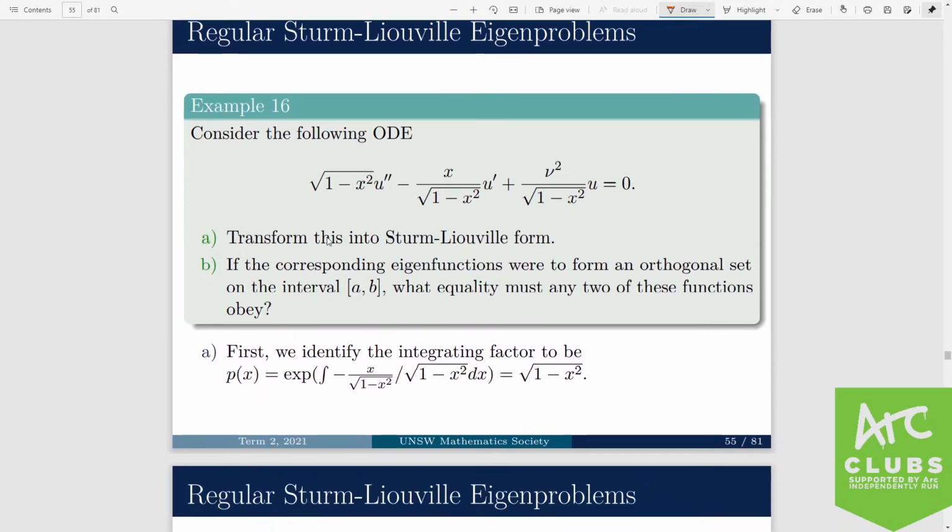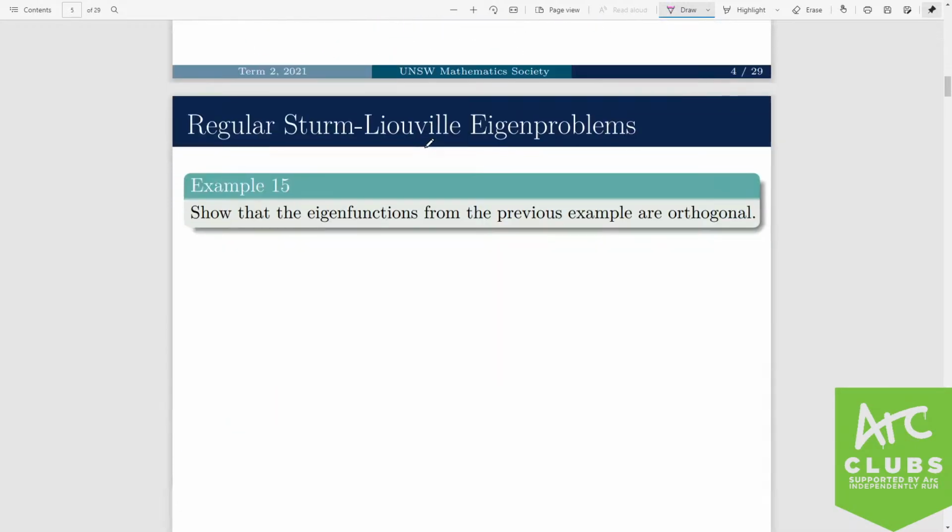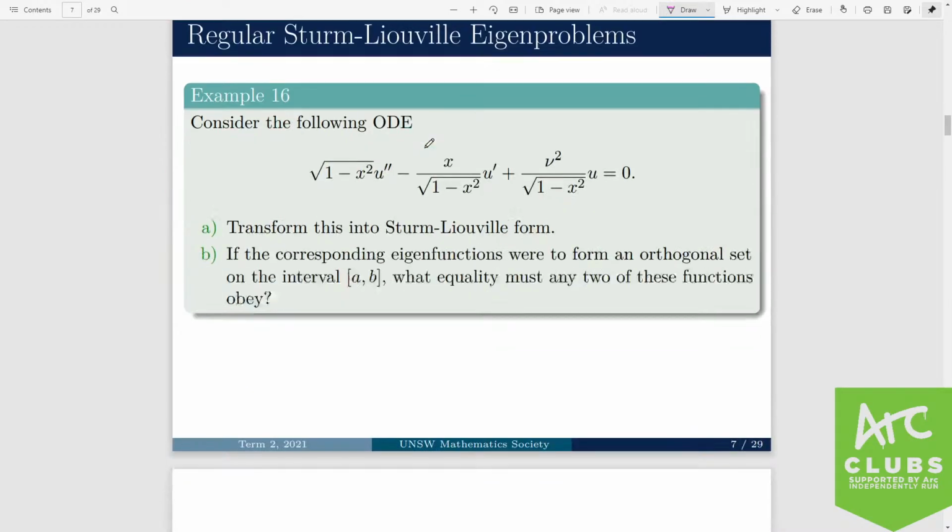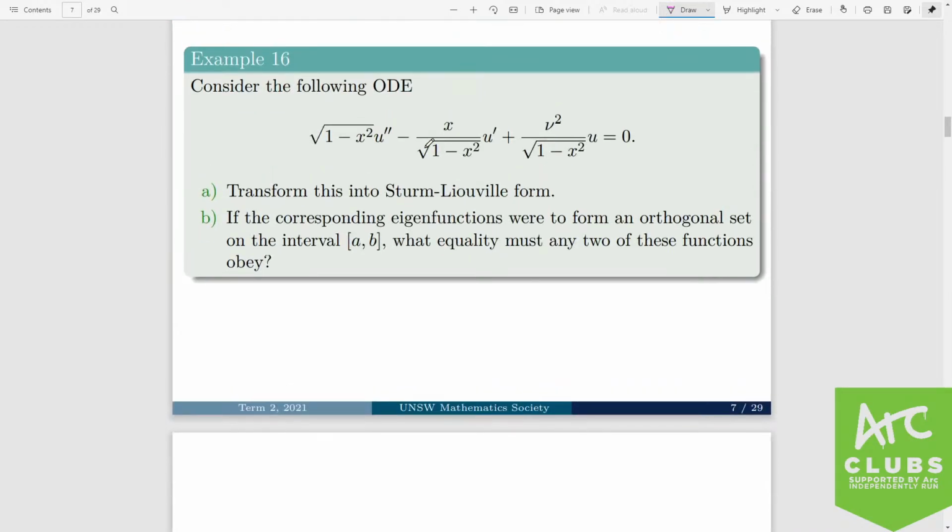So here I have another example. Generally these Sturm-Liouville problems either consist of this kind of problem where we have to show that it's in Sturm-Liouville form, or we just solve them like regular second order differential equations. So part A, transform this into Sturm-Liouville form. So once again, we just